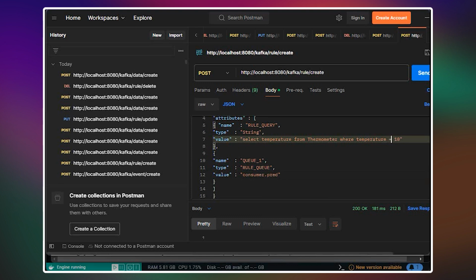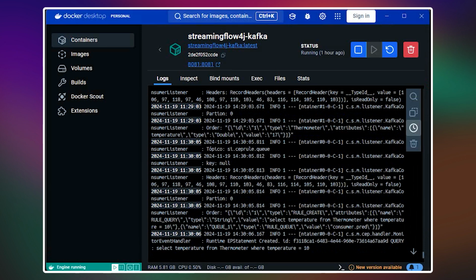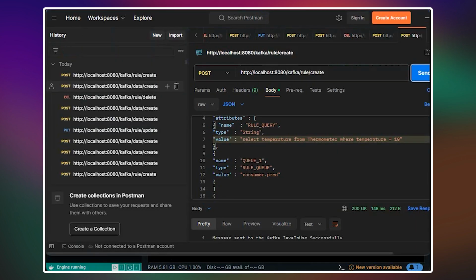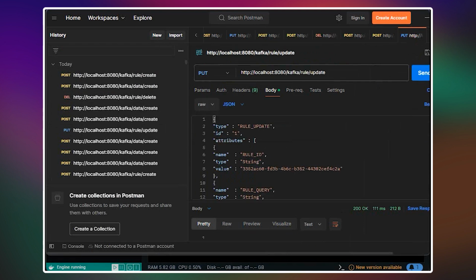So let's see creating this new query, and it will create this new query, and you can realize here it created the new query, and this is the new ID, the new query. Okay, and just hit in there, and well, just put here, okay, and just copy paste here, just to make the magic behind this.